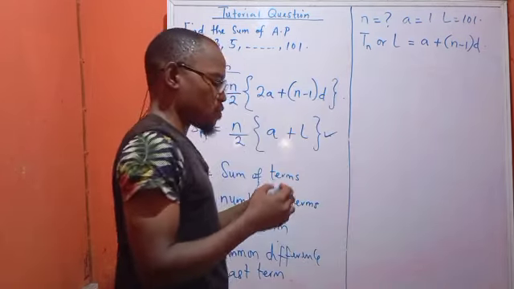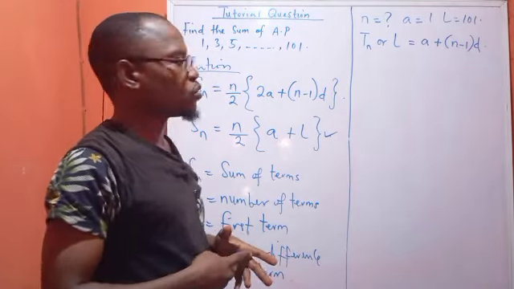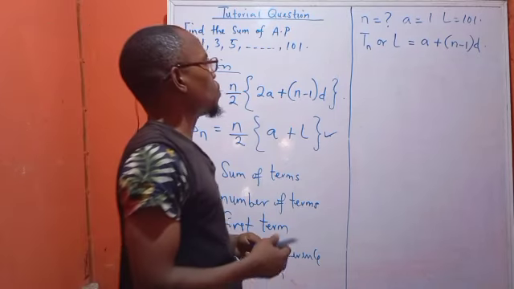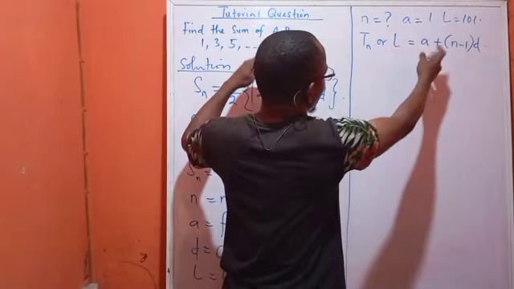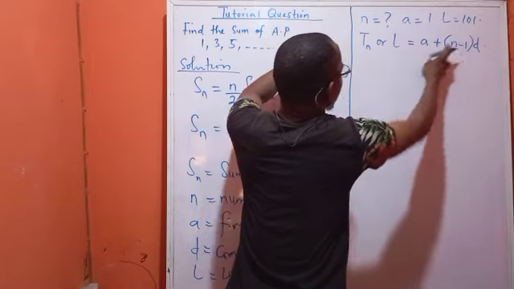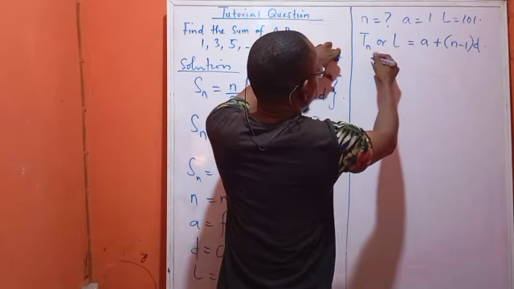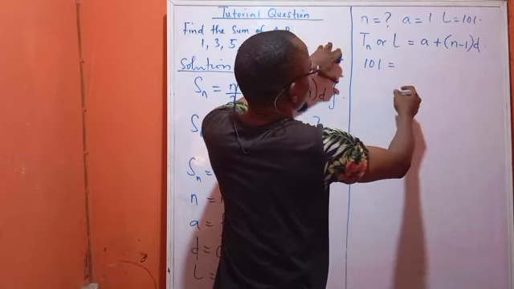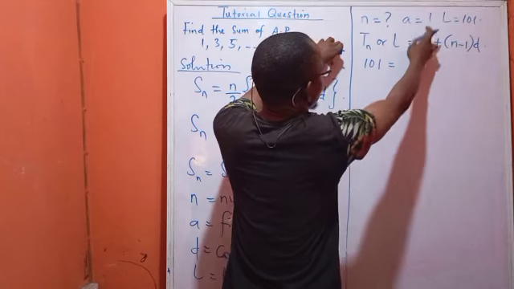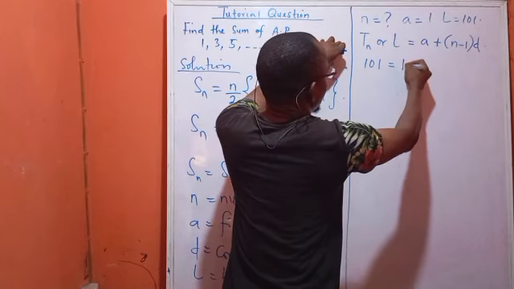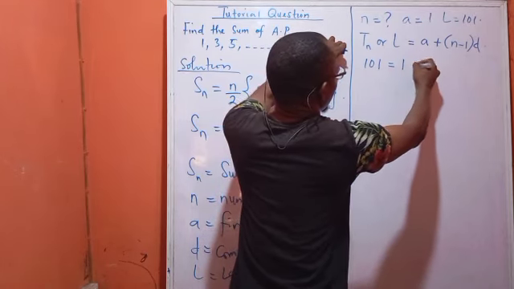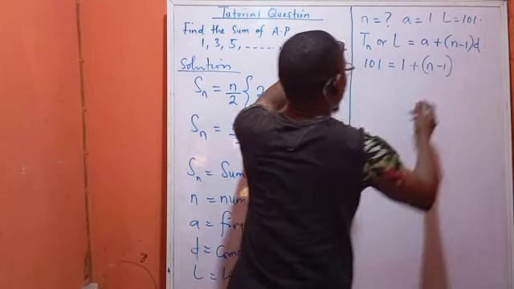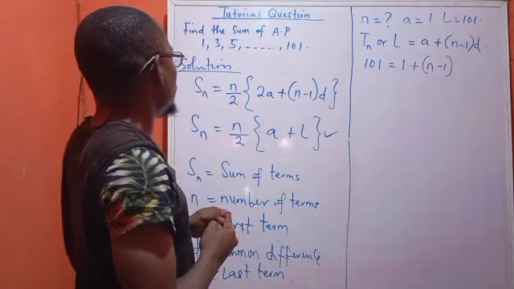Okay, so that's the formula for finding the nth term of an arithmetic progression. Looking at what we have here now, we want to find n. Our last term is 101, so we have 101 equal to a, which is 1, plus bracket n minus 1, d. So our d, which is the common difference,